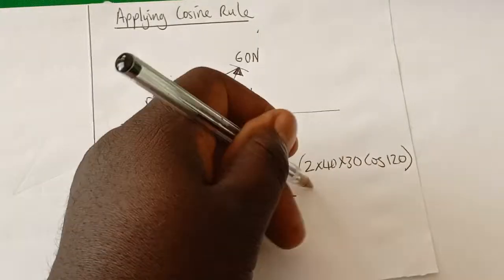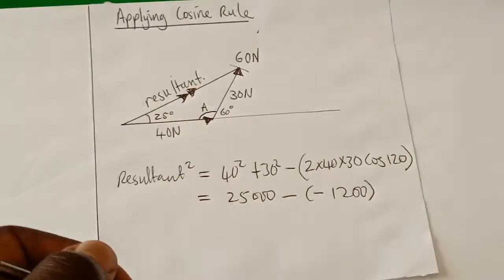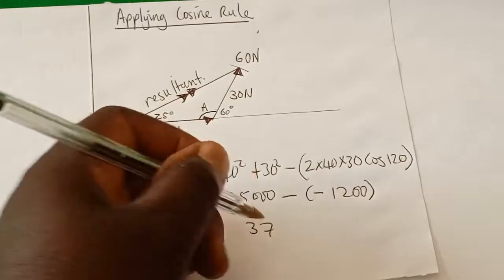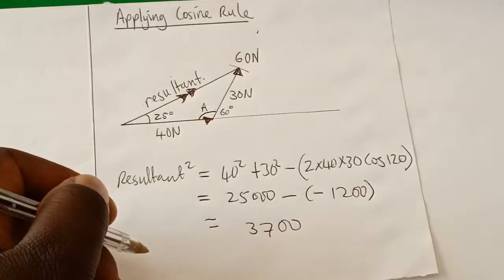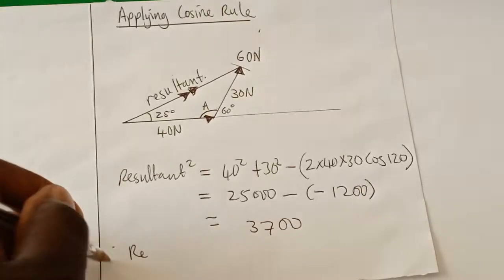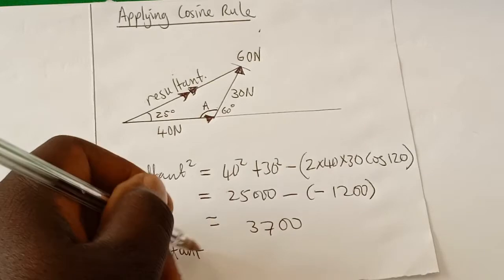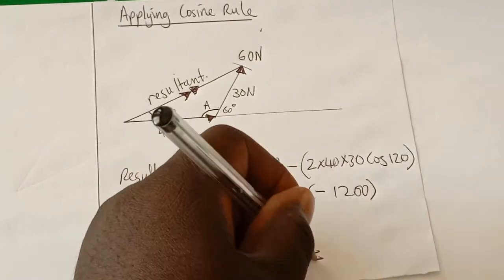So adding the 40 squared plus 30 squared, then subtracting all that. Since cos 120 is negative, that's why you end up adding there. So our resultant is going to be the square root of 3700, which is